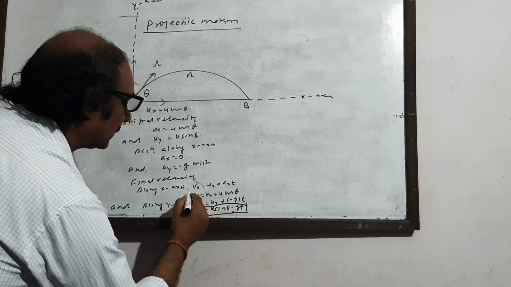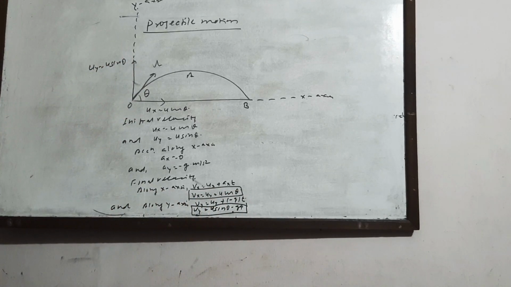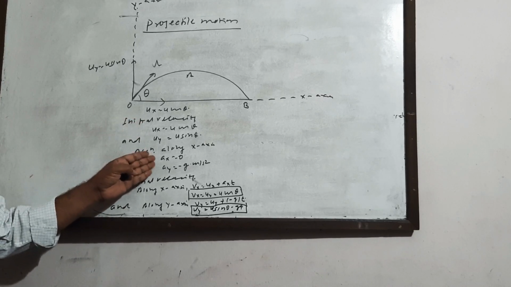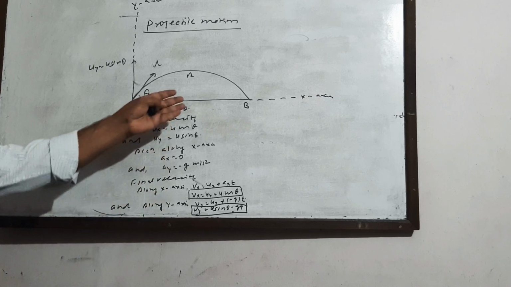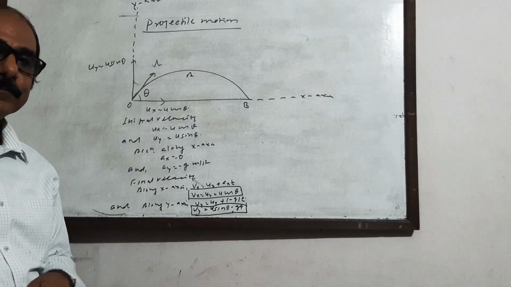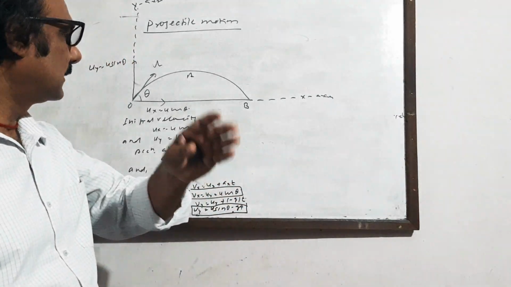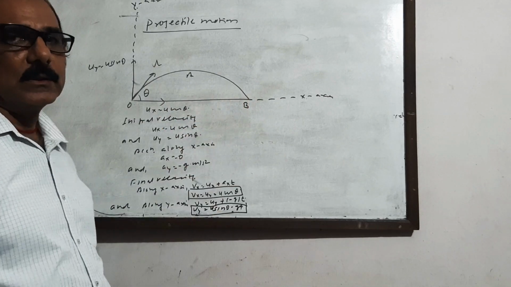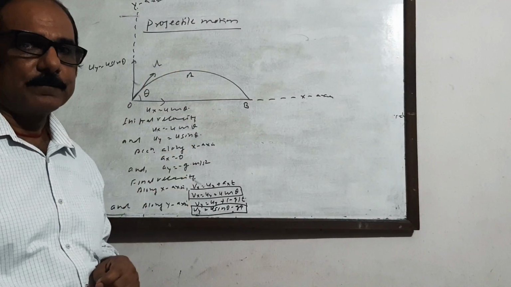So these are some physical quantities involved in the projectile motion: initial velocity, acceleration, and the final velocity. Now we have to derive some expressions regarding the projectile motion. So, the most important facts and most important expressions. First of all, to find out the time taken by the projectile to reach the maximum height.